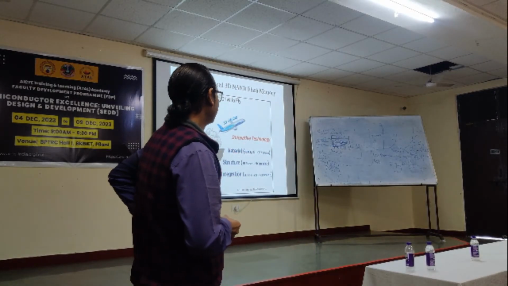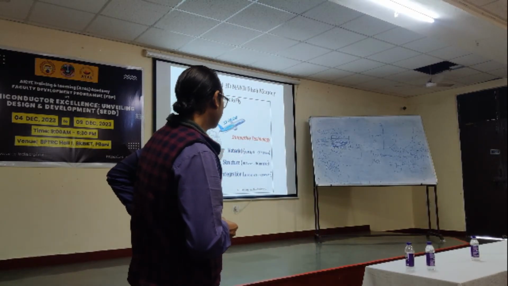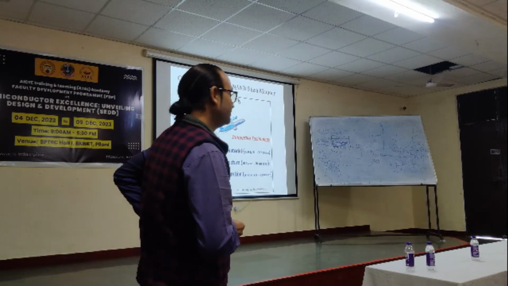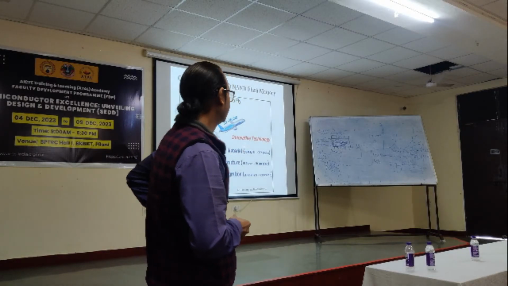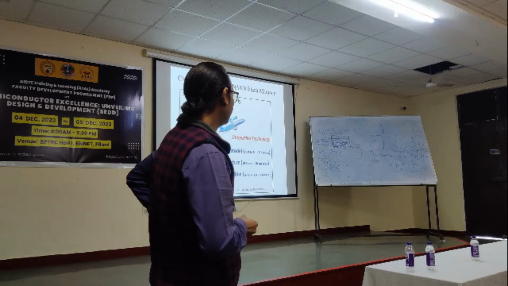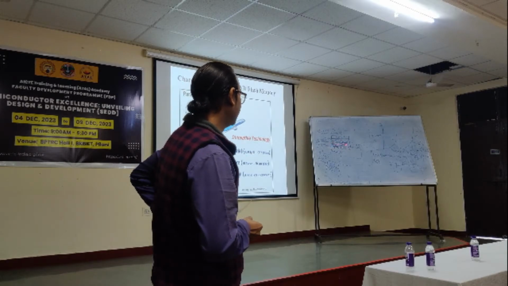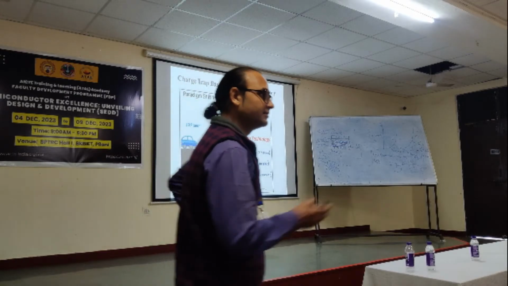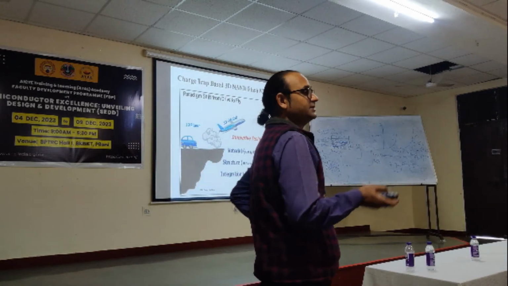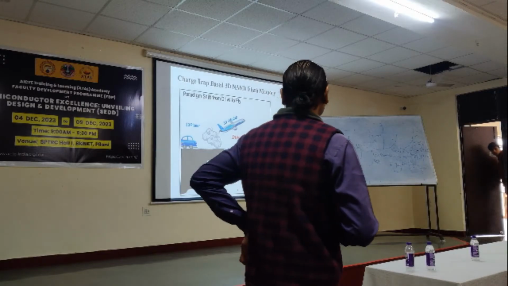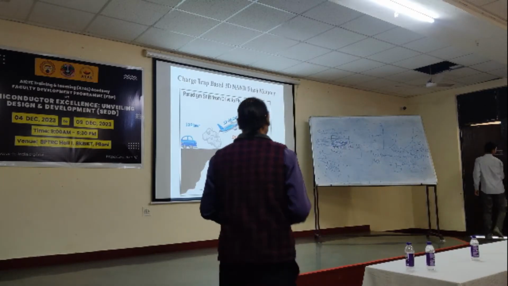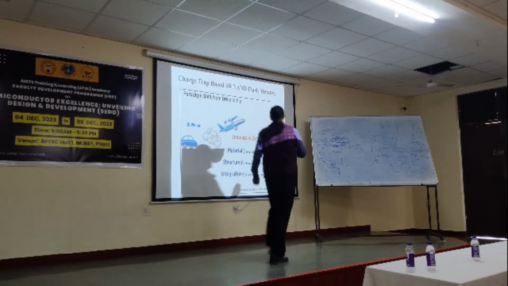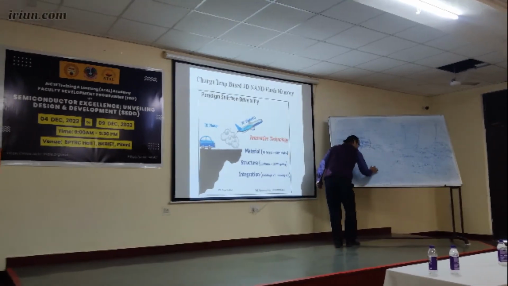So three things were there. First one was material innovation. Okay, please listen to this point only. Material means earlier this trap layer was a floating gate polysilicon channel. Polysilicon was used as the floating gate, and now it is replaced by a silicon nitride layer rather than polysilicon. So what I said,